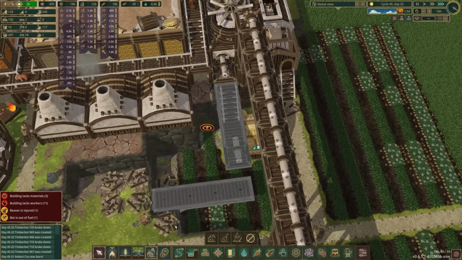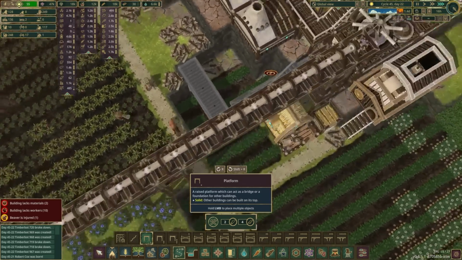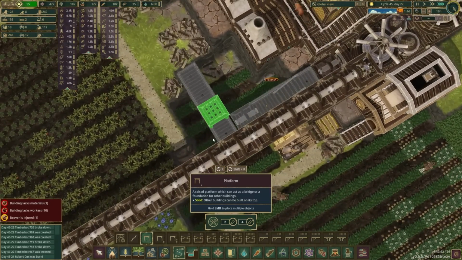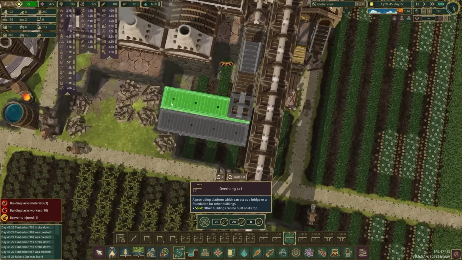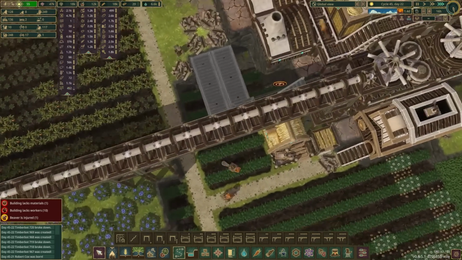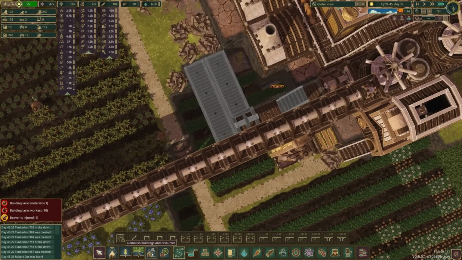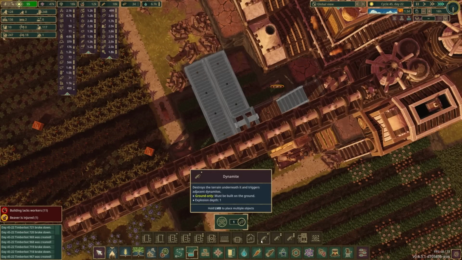Alright, if I get rid of this, I can do... Oh, I should not be allowed. I should not be allowed to do this. That's got to go there. And then that's got to go... Oh no, oh no, no, no, no. I'm just...